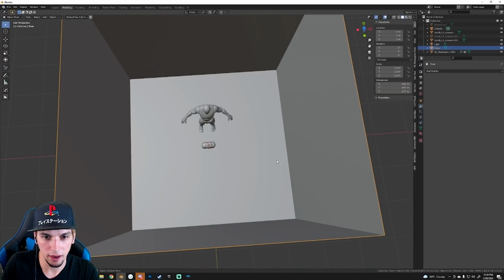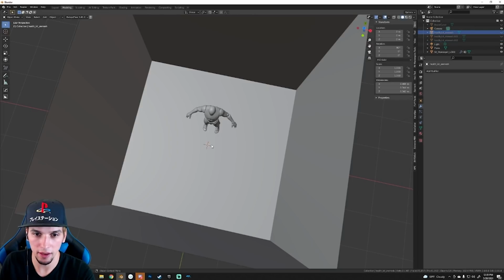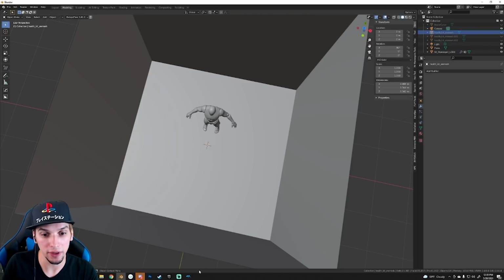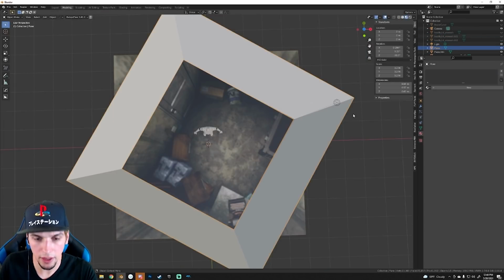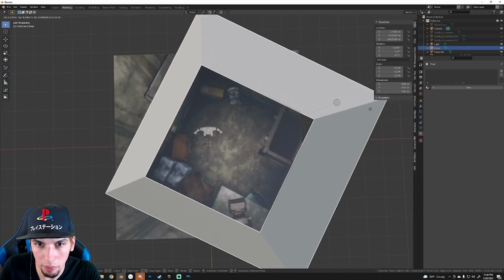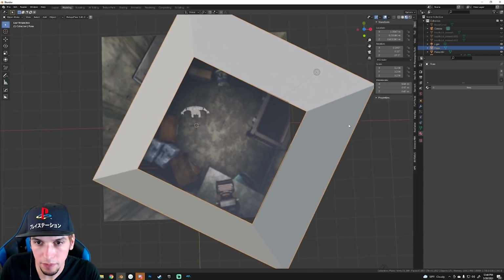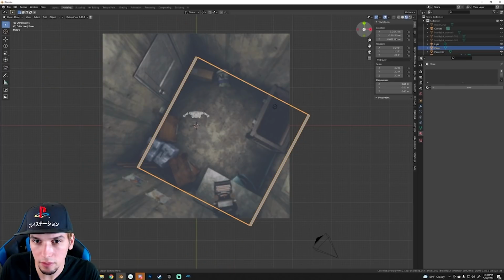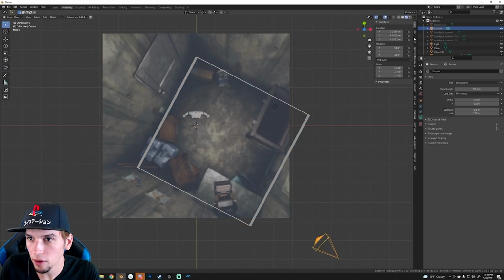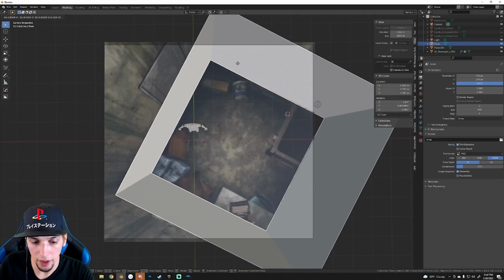Okay, now this is the hard part. I have to make the camera angle match up perfectly. Okay, so I need to try to line this up as best as I can. So that's a corner right there. Oh, gotta keep the camera in one place. Okay, I need to lock the camera. Ugh. Okay, now here's the other weird thing, is the